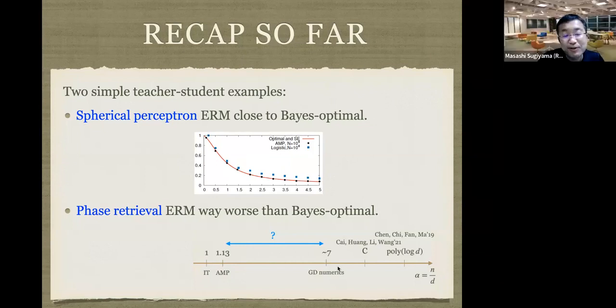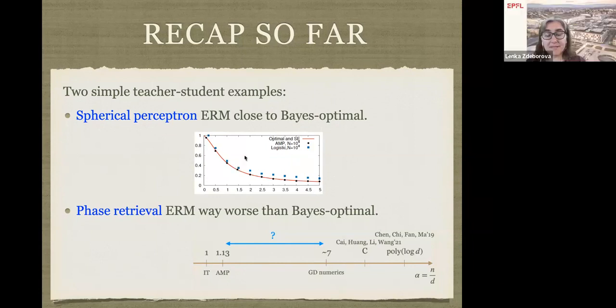I see. I have one more short question. So in the analysis, N and D both tend to infinity, but in practice, of course, they are finite. And you did numerical experiments, so how big should N and D be? So you see, for instance, in this figure, the approximate message passing has dimension 10,000. The dimensionality of the system is 10,000, and you see that the points are on the curve as close as you can get.